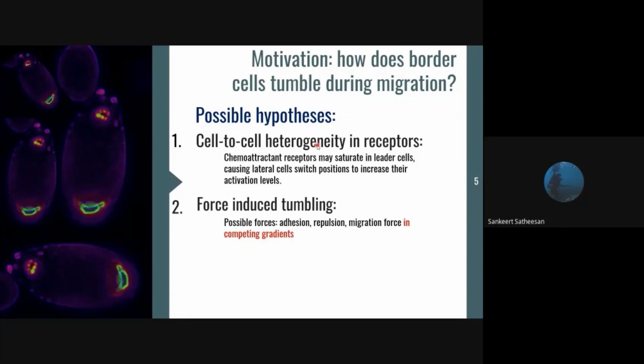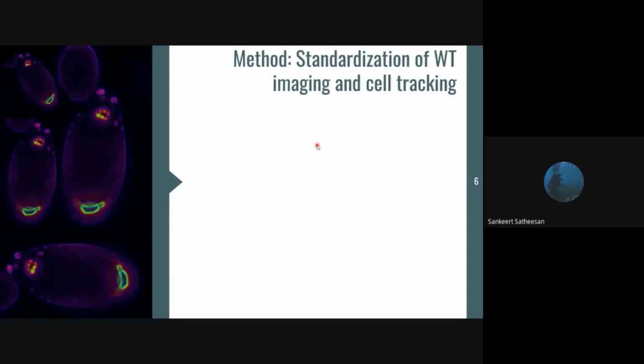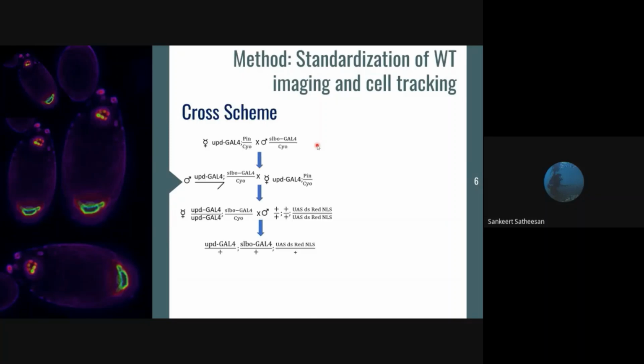using the experimental insights. Of course, it's a long-term question to address, and my major work is centered around standardizing the wild-type imaging, cell tracking, and the corresponding image analysis. So before going to the experiment, we have to get our experimental lines. This was the initial cross scheme